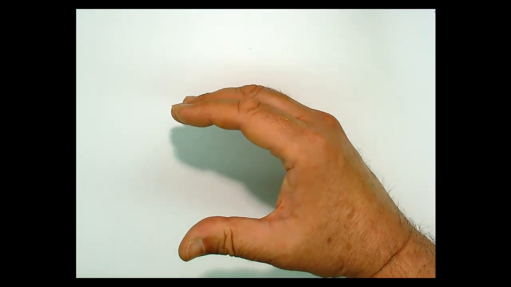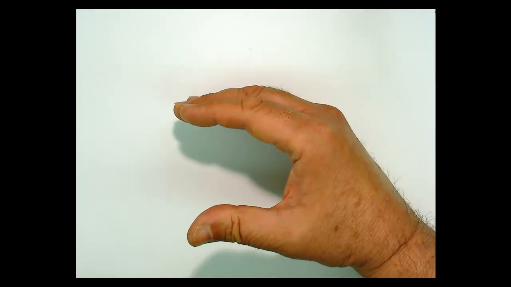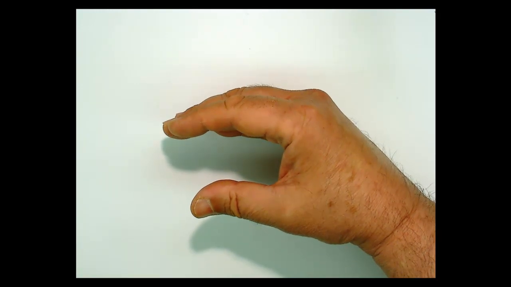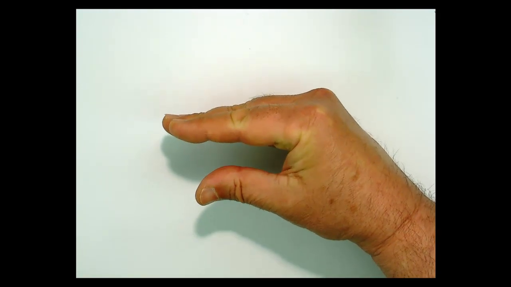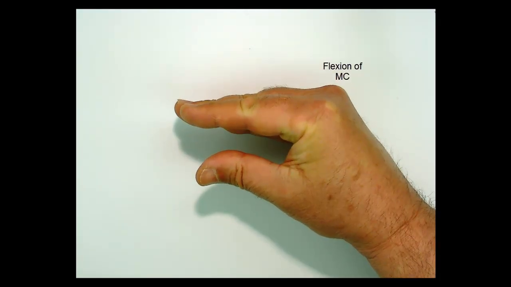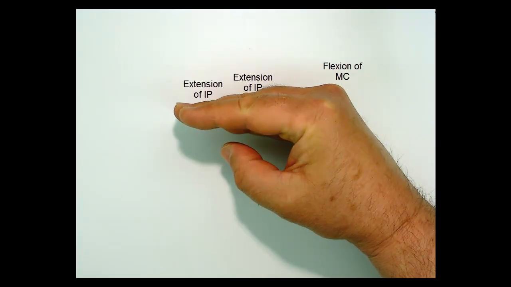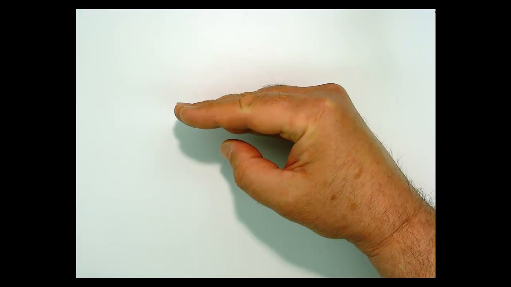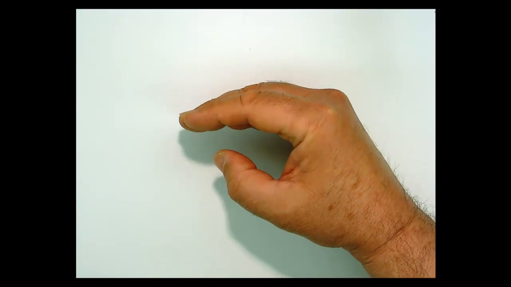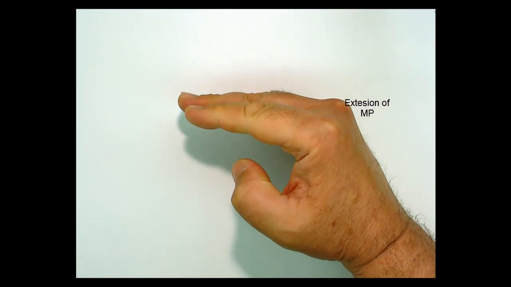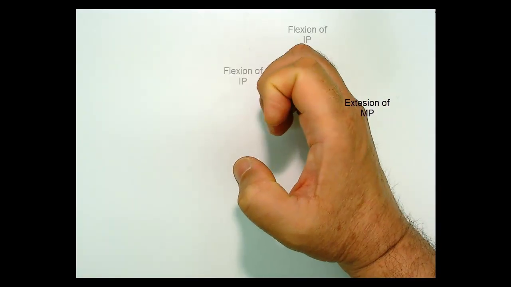This is a demonstration of the action of the lumbricals and interossei and what happens when these muscles are not innervated. You will remember that the lumbricals and interossei flex the metacarpophalangeal joints and extend the interphalangeal joints. In a claw hand, where the lumbricals and interossei are not in action, there will be the reverse. That's to say, there will be hyperextension of the metacarpophalangeal joint, and at the same time flexion